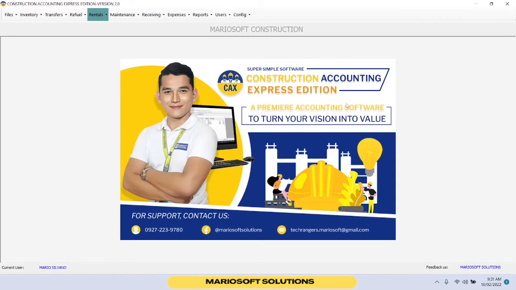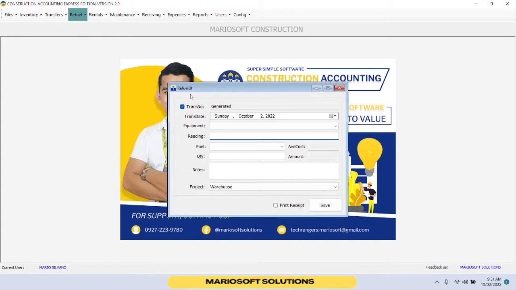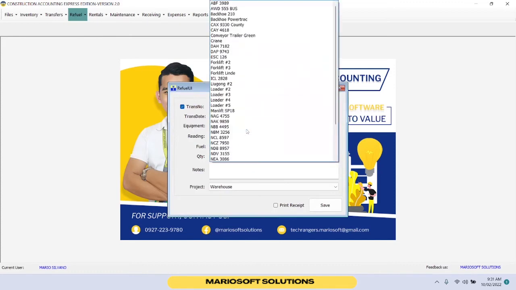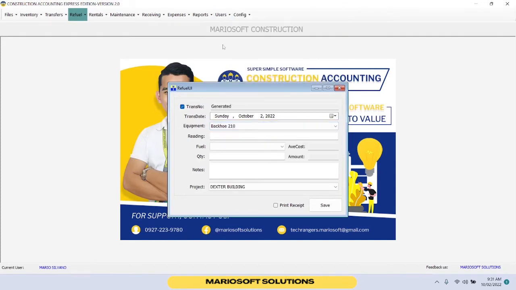Since meron na tayong heavy equipment na gagamitin for our project, kailangan natin ng fuel. Okay, so let's proceed to refuel and select refuel transaction. As you can see, we have here refuel UI. Select the equipment, which is yung ating backhoe 210. Input the reading. And then the fuel we used is diesel, and then the quantity we use is 5 liter or 15 liter. So in amount is